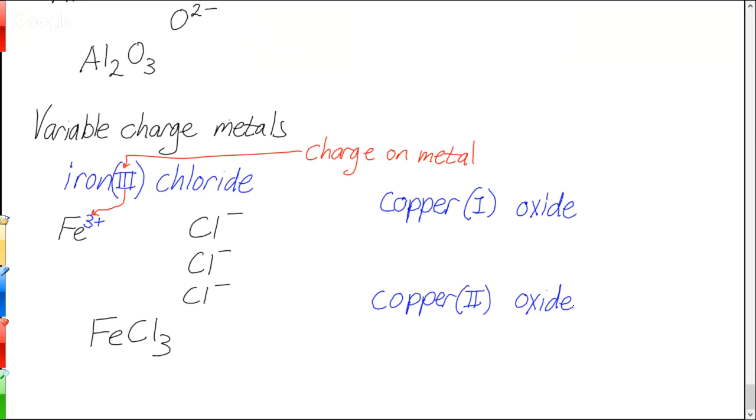All right, so this first one, we've got copper, we've got oxygen. If you don't know the symbol for copper, just look it up on the periodic table, it's Cu. And then we put in the charges, plus and minus 2. That means that to make the compound, we need 2 of the coppers. So our compound is going to be Cu2O. We need 2 of the plus 1 coppers for the oxide.